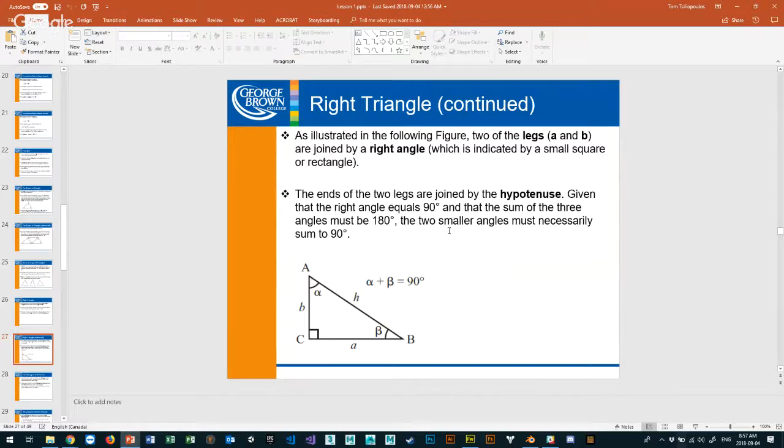If I wanted to find this angle alpha, and I know the hypotenuse, and I know this one, which is the adjacent, or the nearest neighbor, if you will. So this is called adjacent. This is called hypotenuse, if I'm looking at angle alpha. And this one is called opposite. So opposite over hypotenuse, opposite over adjacent. Sometimes we have that, and we're going to talk about SOHCAHTOA. You guys should know that.